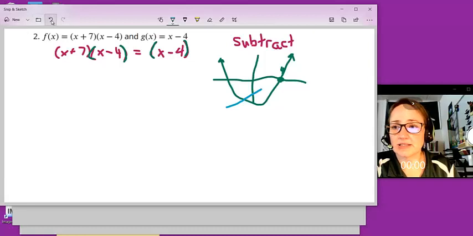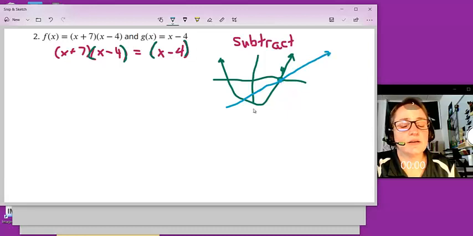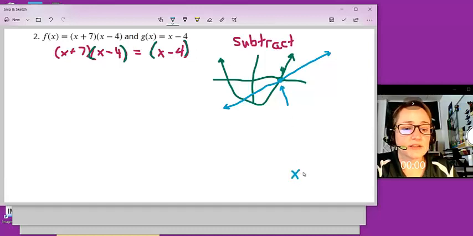Because that looks like it's intersecting 2 times. So right here, this 0 spot at positive 4 is one of the places where both of them are in common. So please check first for a common factor, because automatically we know one of the places that they intersect